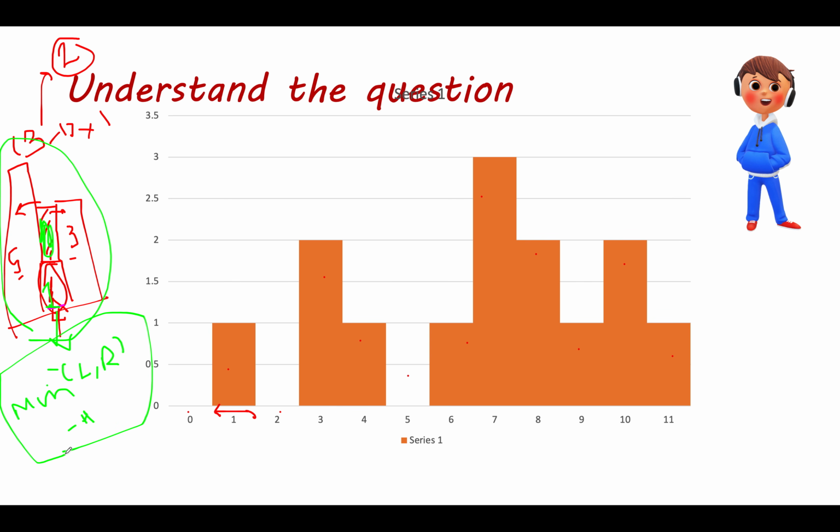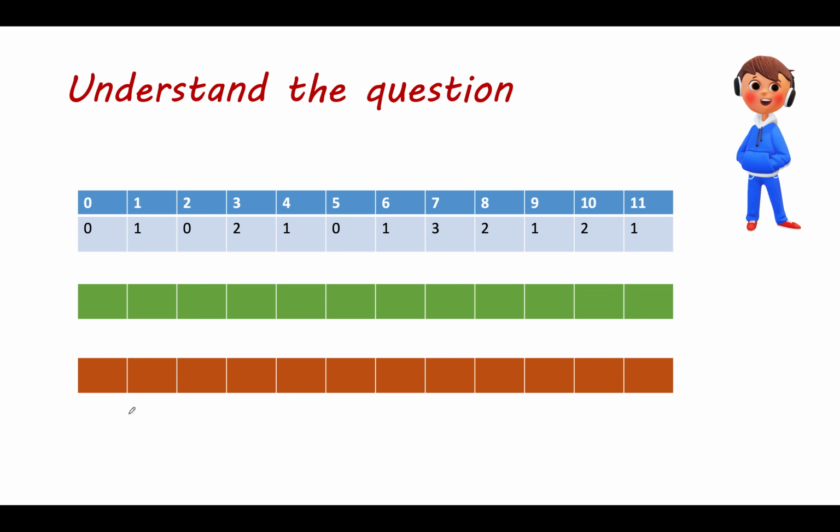Now let's talk about how we can find out the height of the next highest bar on its left and right. If we have that information, we'll use this formula to compute the answer. I have taken the same example that I previously stated, and let's try to find out the height of the next higher bar in its leftmost direction first. These are the values that were there in the example: 0 1 0 2 1 0 1 3 2 1 2 1. Let's start the iteration. The value is 0 here, so this is the first index, so you fill in 0. Next comes 1, so you fill in 1.